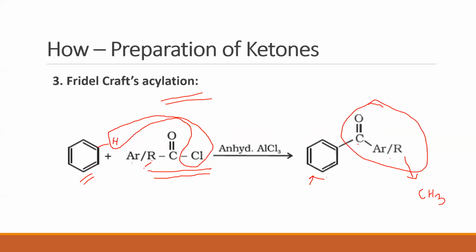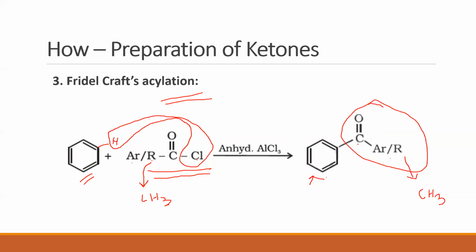Here, the acid chloride should have R as what? R as CH3. Clear? So this should be